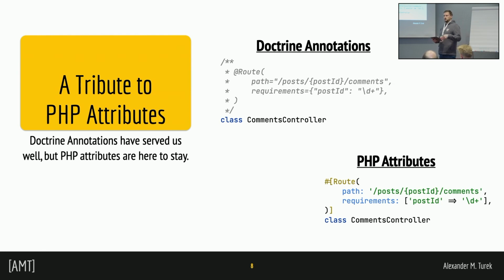So the Symfony 7 release is kind of a tribute to one of the features that I really like most about PHP 8, which is the addition of attributes to the PHP syntax. What we had before was this syntax we see on top here. The idea is that we want to